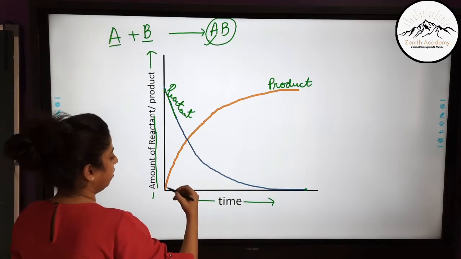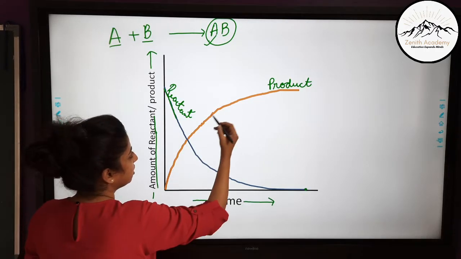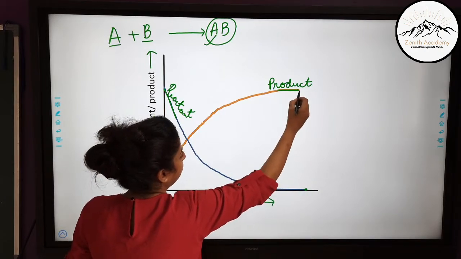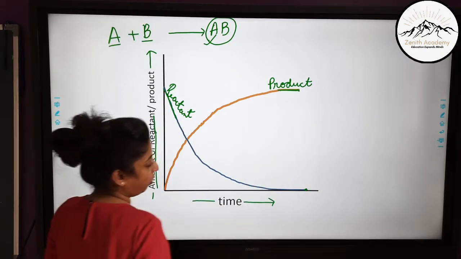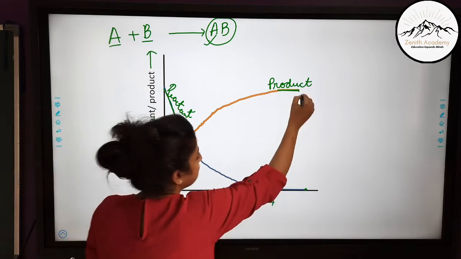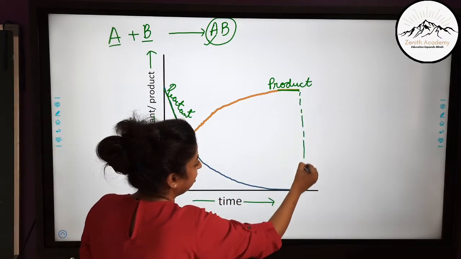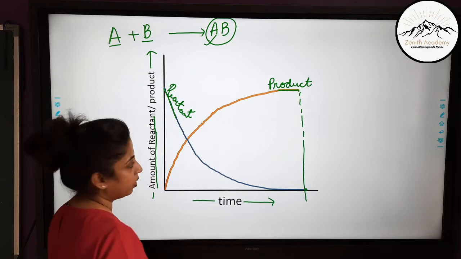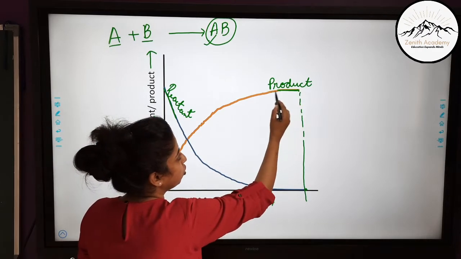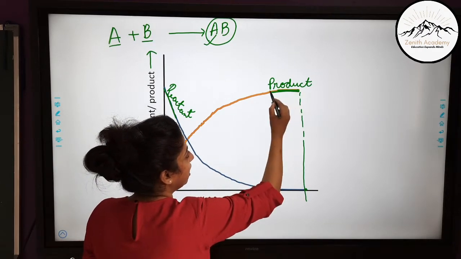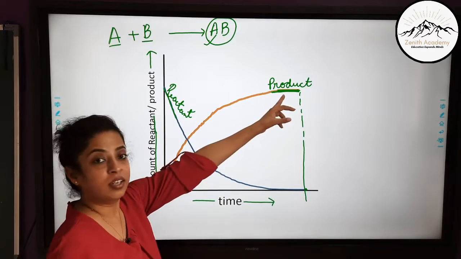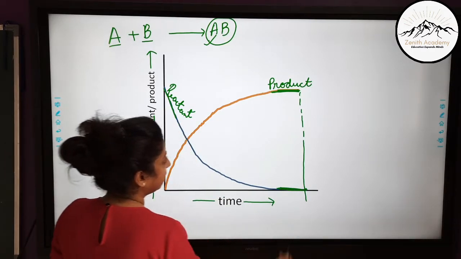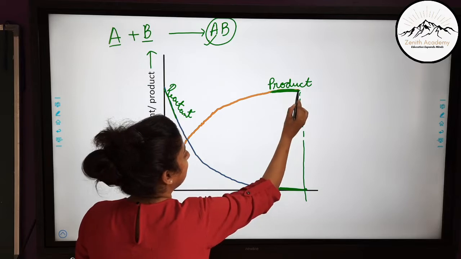So with time the amount of product goes on increasing, and at a certain point it becomes stable. Now no more product can be formed after this time, because, if you can see here, at this time the reactants are over. So the product formation will stop here, and this indicates the end of the reaction. Here this indicates the end of the reaction on the reactant side, and